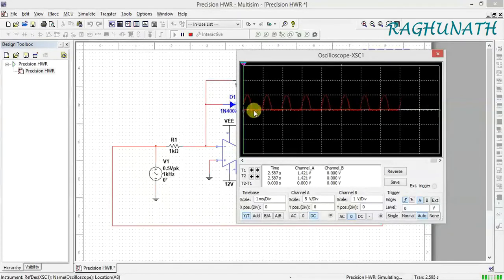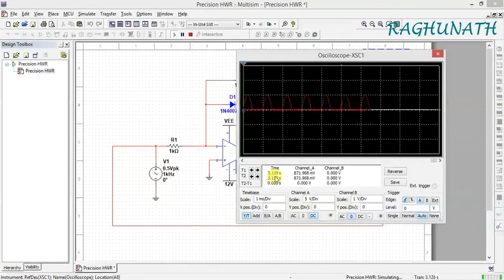You can see here negative only. The efficiency of half wave rectifier is 40.6 percent, and since it is rectifying only one cycle, either positive or negative, here it is rectifying the negative half cycle and inverted positive cycles are coming. So it is a half wave rectifier and it is rectifying voltages less than 0.5. That's why it is called a precision